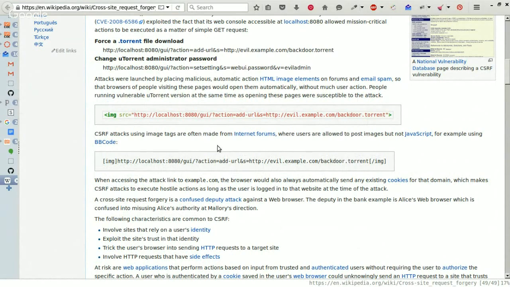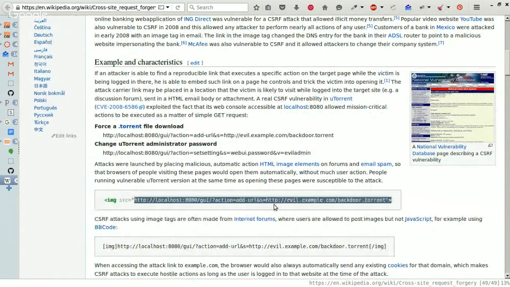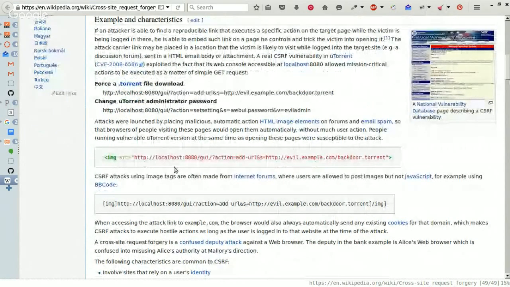But let's say that an administrator for uTorrent does actually do that. Then when they click on this link, they will automatically reset their password. And that's really bad because now someone else knows what your password is, and then they have administrative privileges. Does that kind of make sense? I guess it's hard to know since everyone's online, but